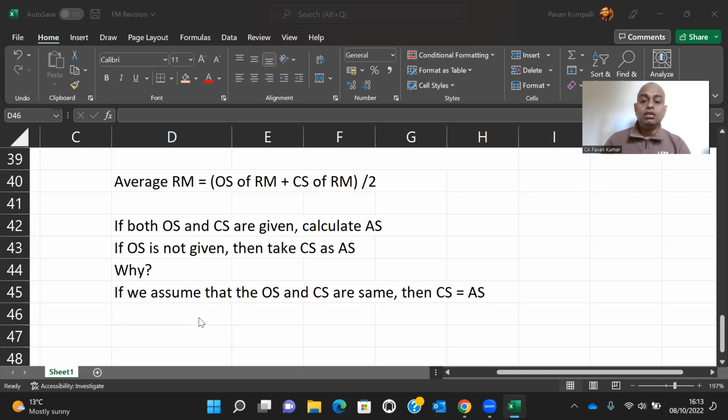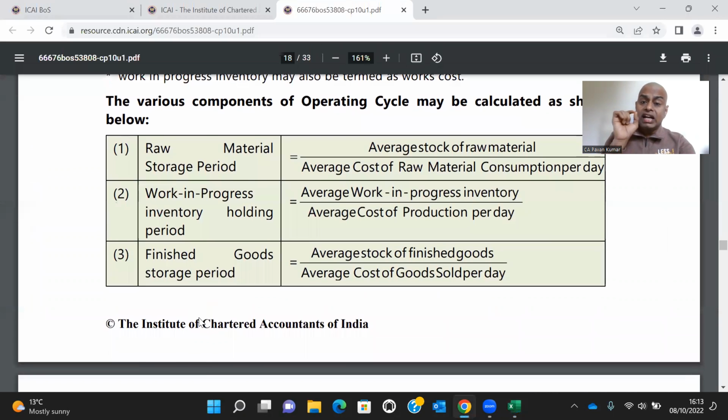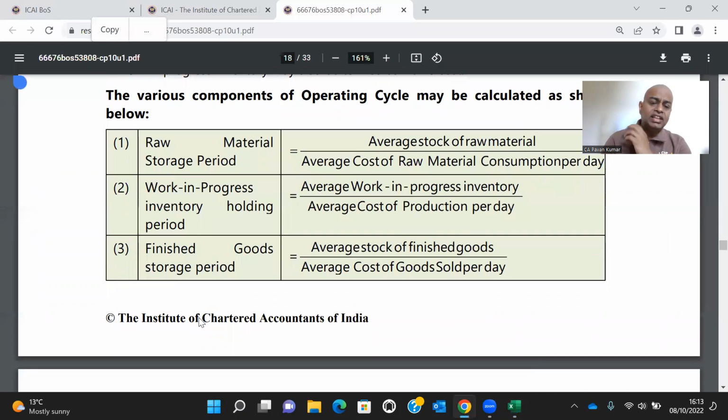Okay, so that's all. So this is about raw material. Now, once you understand the first equation, everything is easy. Raw material: take raw material consumption. For work in progress, either you can take cost of production or